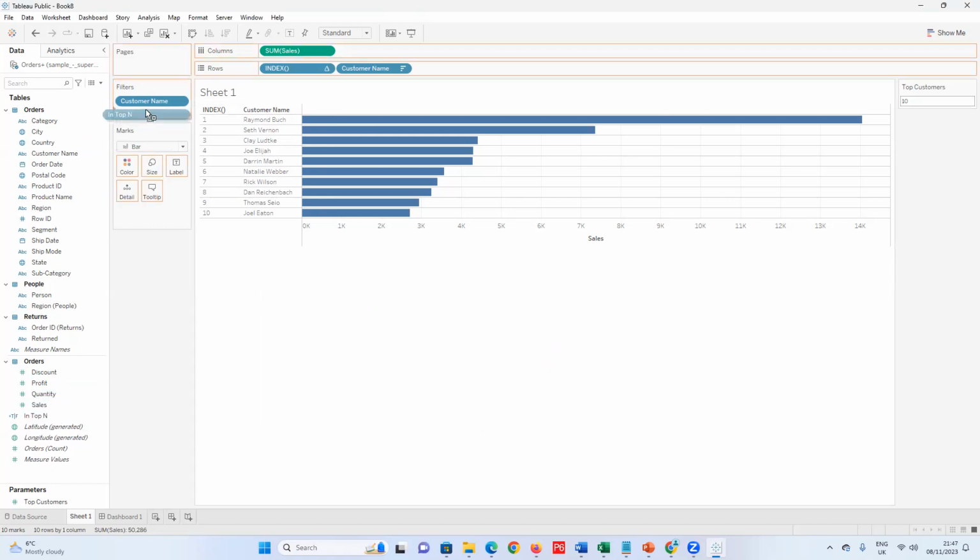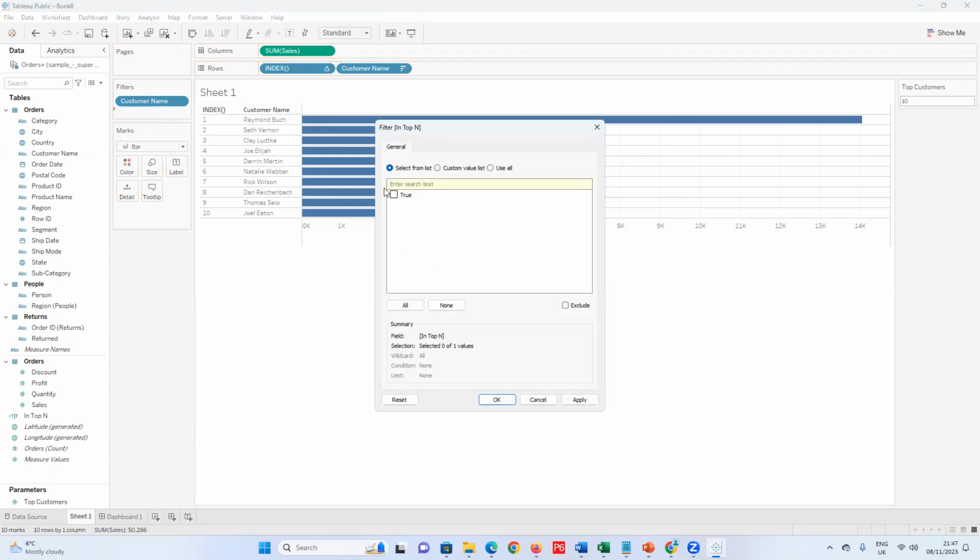So I can drop this in the filter. If I drop in this filter, I will click on true. What I'm trying to say is that we can show the index that is not true, and we can show the ones that are true. So we want it to show the index for the ones that are equal to or less than the top customers that we already shown. Do you understand? So if I click on apply,